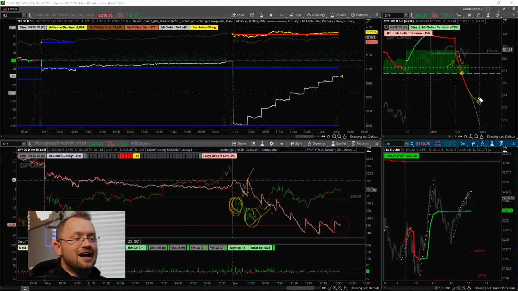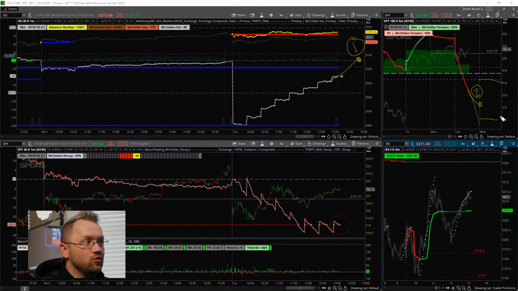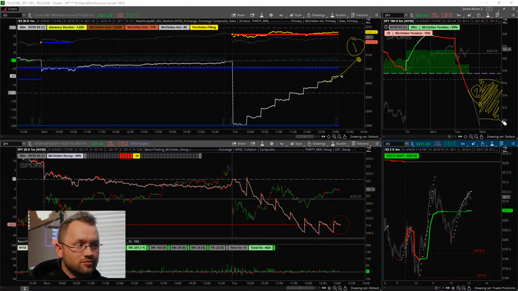So now the bears have this interesting situation, but they still don't have liquidity. So they're going to have the ability to control the possibility space on a 30-minute time frame, not a daily yet, but they still need that liquidity, and that liquidity is here. So first we get here, second we get here, and third we figure out what we're going to do with tomorrow. And the focus, I think, is just tomorrow. So far I don't see any reason to think that the participants are really looking at today.